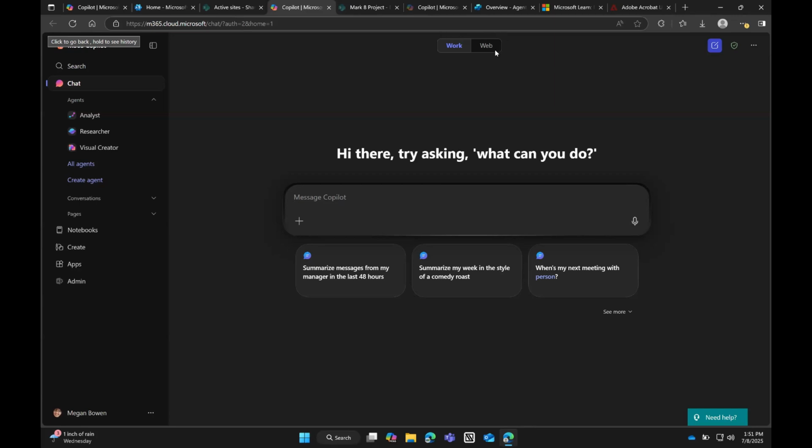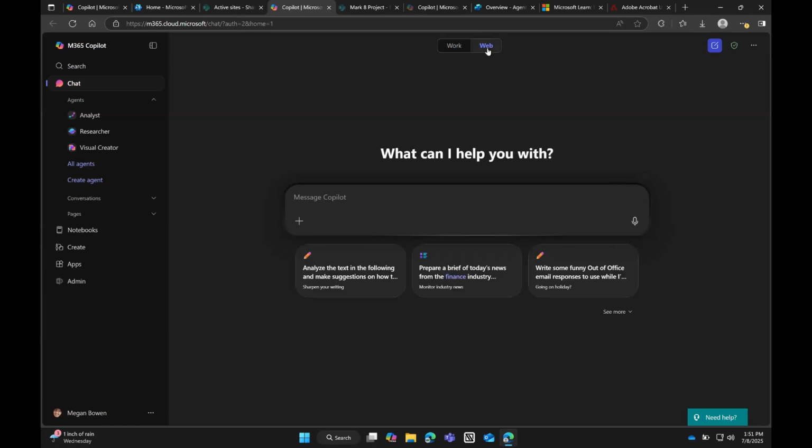So this is searching within the files access that you currently have within Microsoft 365. The web means we're going to go out to public-facing websites and documents to pull information in. Keep in mind that just because you ask a question here, with you having the license, you do have enterprise data protection. So your questions, even if you're pulling information from the web, are never fed back into the web.